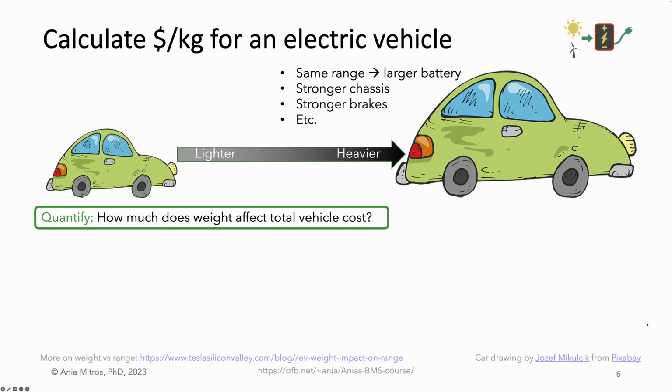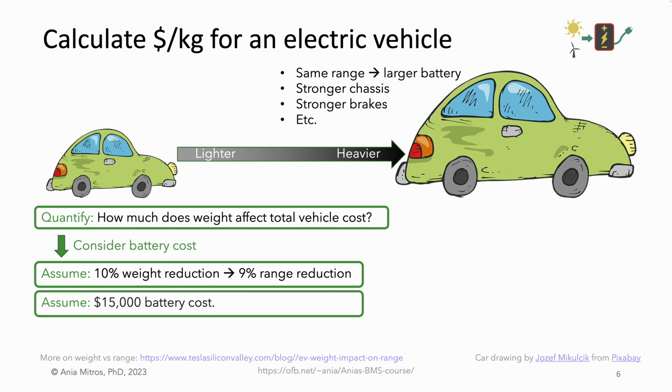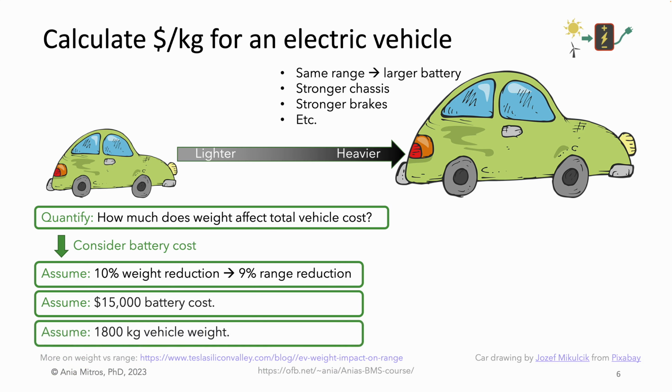For our example, let's focus just on battery cost. As we increase the vehicle weight, if we want to maintain a constant range, we need to increase the size of the battery. In the real world, you do some experiments or simulations to figure out the relationship between weight and range. In this example, let's assume that through rigorous analysis, we found that a 10% weight reduction gives us a 9% range improvement. Let's assume that the vehicle battery costs $15,000, and let's assume that the vehicle weighs 1,800